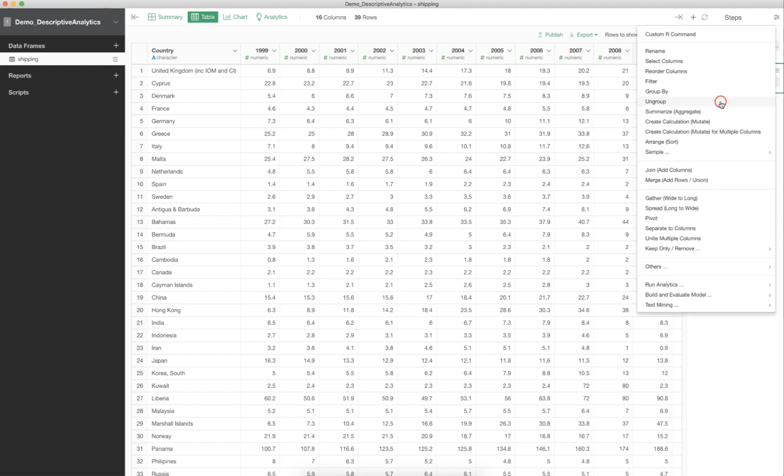So if we click on add a step, we see the option to either gather the data or spread the data. Gathering the data is used when we want to convert wide form data to long form data, and spread is when we have long form data and wish to convert it to wide form data. Since we have wide form data, we would like to convert wide form to long form, and so we should run the gather process. And so if we click on gather,